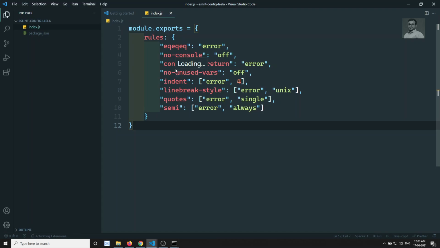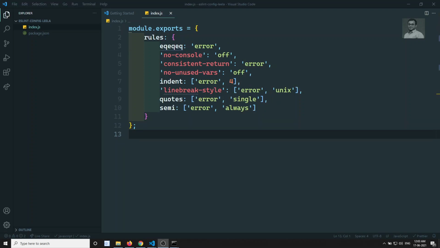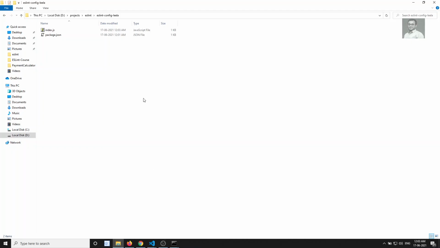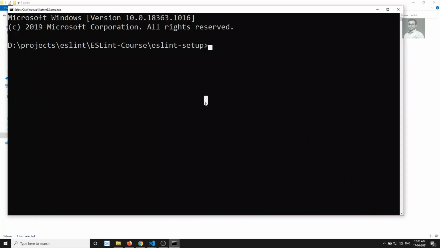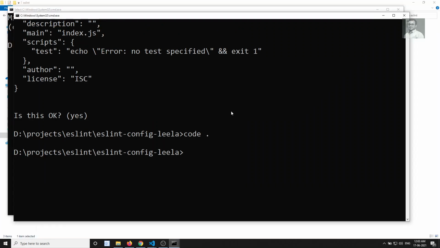Now this one I want to share. So how can I share this one? Now here, this is the configuration file, right? eslint-config-lila. This folder I need to install, I need to add it to the npm packages. Now adding it to the npm packages and all those things is a difficult thing. So now what I will try to do is link it, npm link. So this is the normal way.